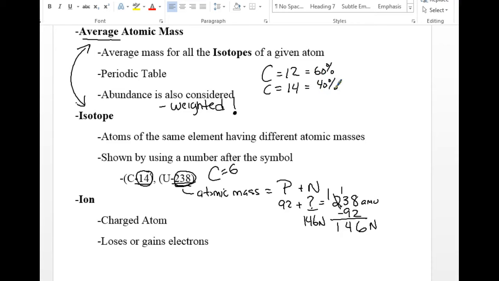Then we would take carbon 12 has a mass of 12. That's the number of protons and neutrons. We would times that by 0.6. And then we would do the next one, carbon 14. And then we would times that by 0.4 and add them together. So then if we get this number,